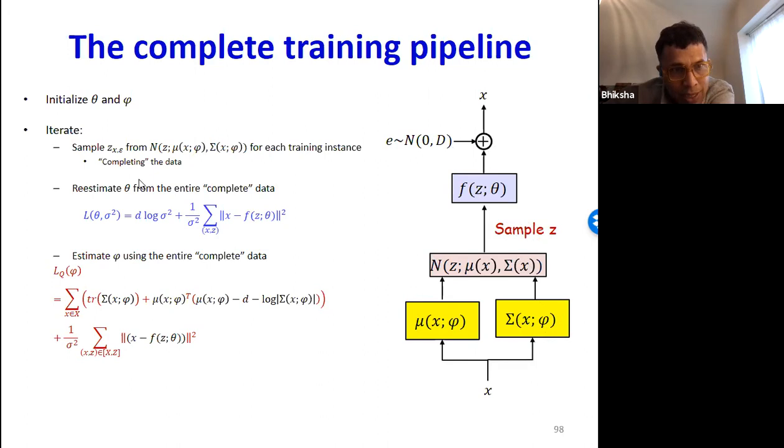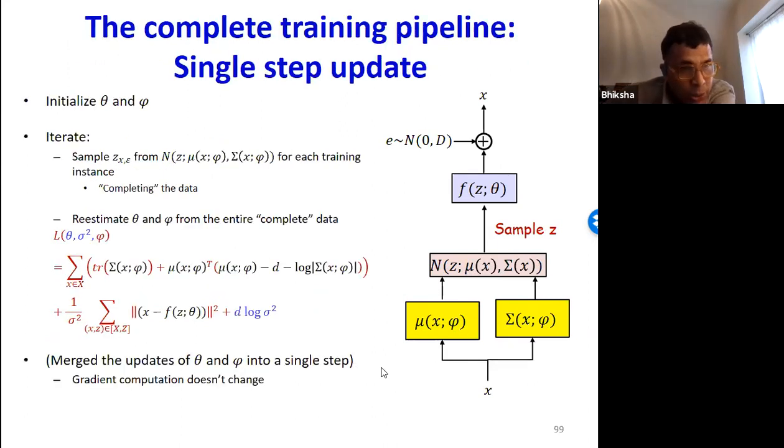Then once you have the z, you get a loss function that you can minimize to estimate the parameters theta. Once you've estimated theta, you can pass derivatives right through, and you can now update the parameters phi to give you a better approximation of the posterior probability of z given x, which is this guy here. So there are two distinct steps here. One where you sample z and then update this guy. And then having updated it, you use this one to pass the derivatives through to update these phi.